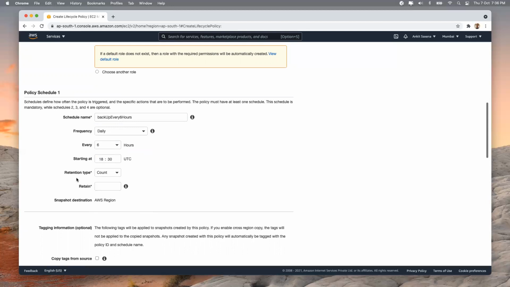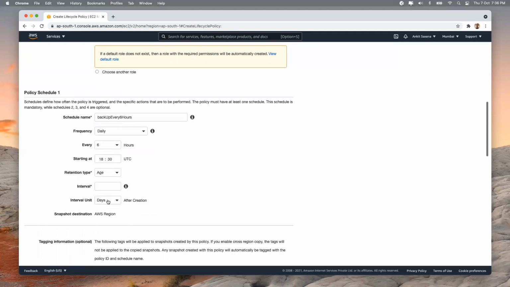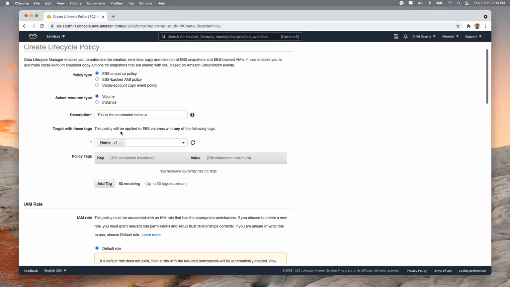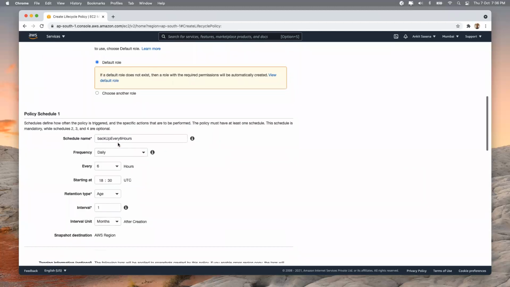Also, I said I want to retain the backup of the last 1 month. So for that, I will make it age. I will call it 1 and I will say 1 month. So what will happen? A backup of my volume, whichever volume matches V1, will be created every 6 hours starting at 12 in the night, and it will be